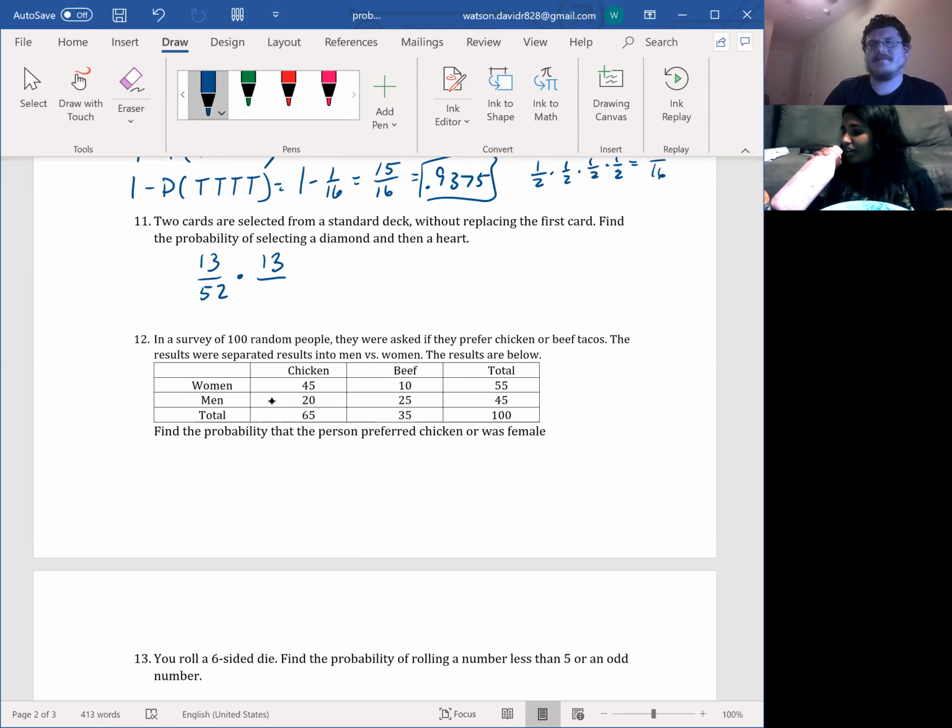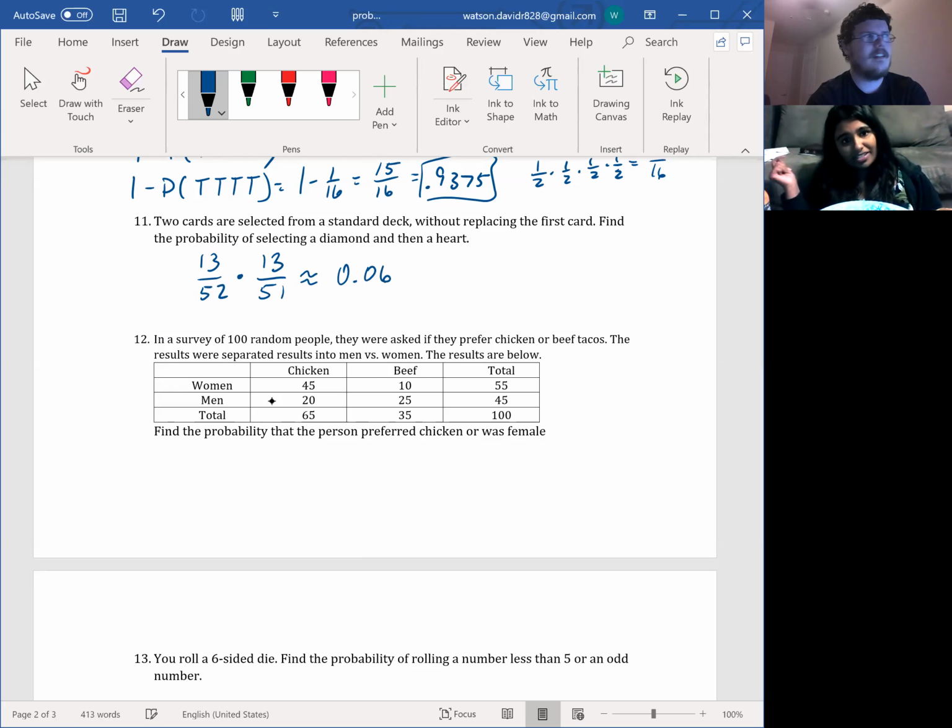Okay, so there's 51 cards. Multiply them together. 13 times 13, 52 times 51. You divide it out and you get,